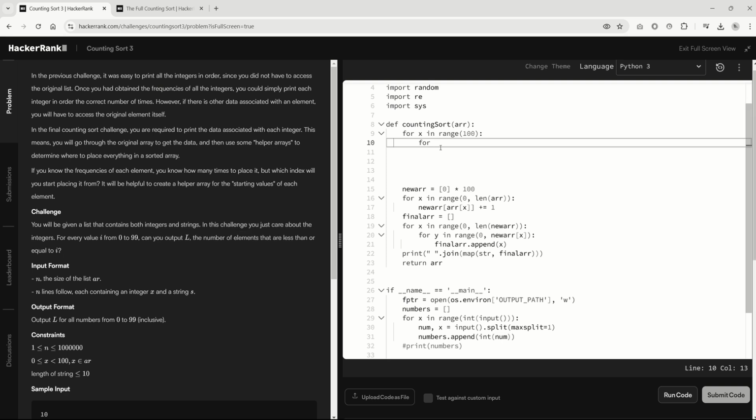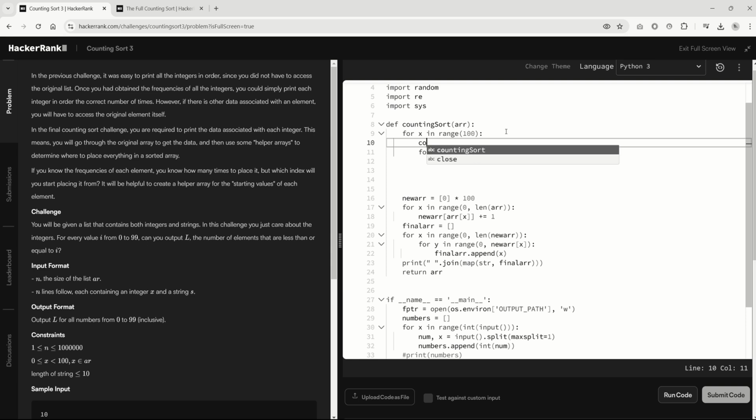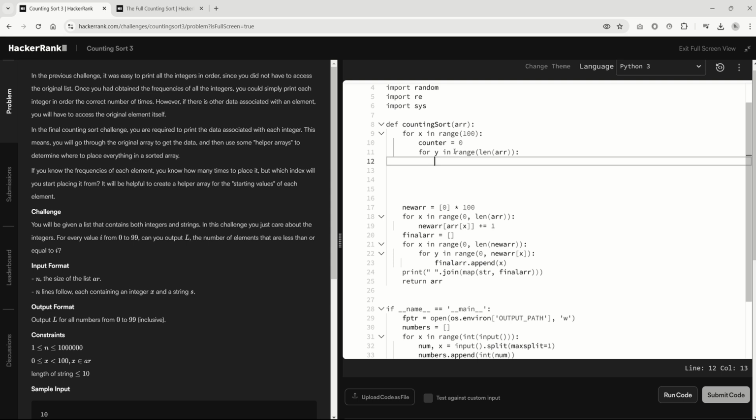Less than or equal to. Okay, so x in range, for y in range. Yeah, so there's going to be a counter equals 0, for y in range length of array, because the array could be shorter. So for y in range length of the array,